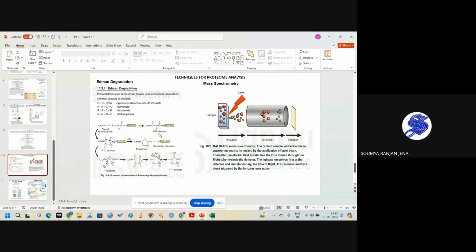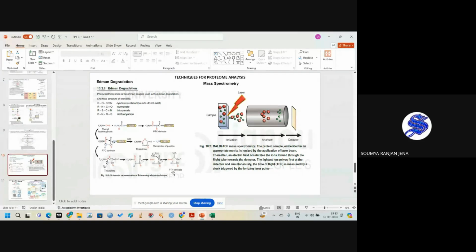Then it will give rise to phenyl isothiocyanate derivatives, and these derivatives are cleaved by using the hydrochloric acid, because this is a strong acid. It will break the peptide bond, that is the N-terminal residue and the peptides, and this is the thiazolinone, and the remainder of the peptides then goes to the sequenator machine. It automatically goes for the next amino acid detection, and this thiazolinone derivative is unstable, and this unstable product gives rise to a